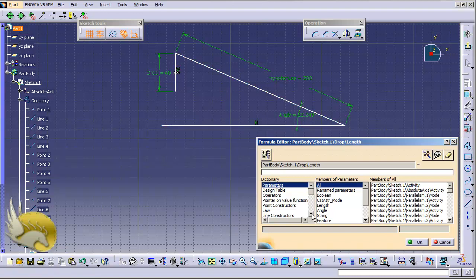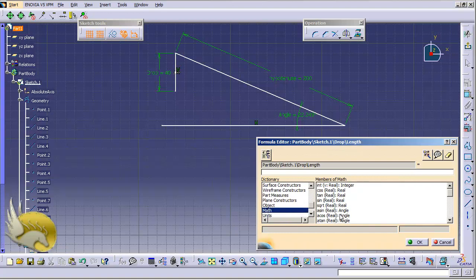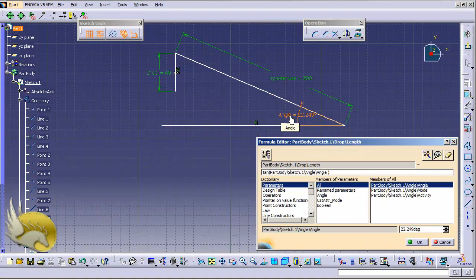I want to select the tangent of this angle. So I go to math, and by selecting the math operators, I select the tangent. This is the tangent. And inside the tangent, I select this angle. Now you can see that the tangent is selected. And I multiply it, and for multiplication I can select the asterisk, or I can select the asterisk from operators, and I want to multiply it by this hypotenuse. Now I can click on OK,